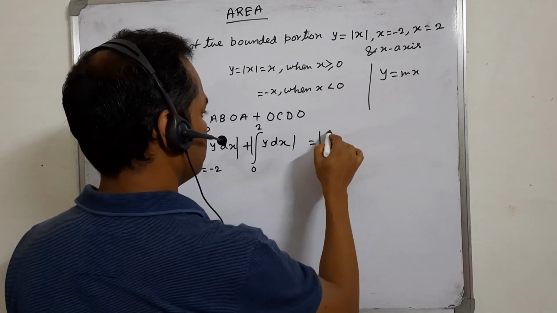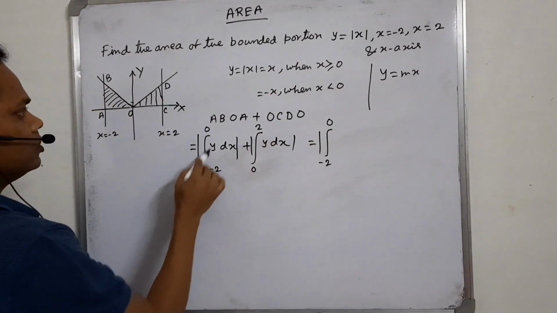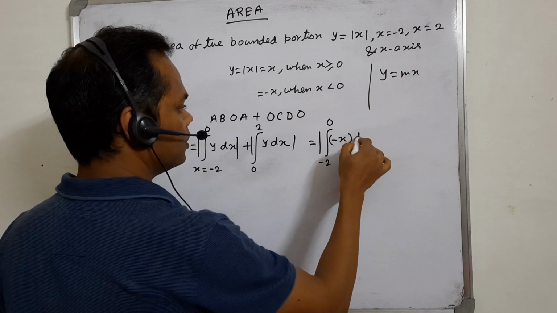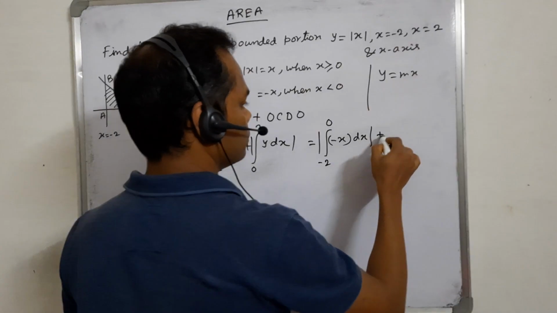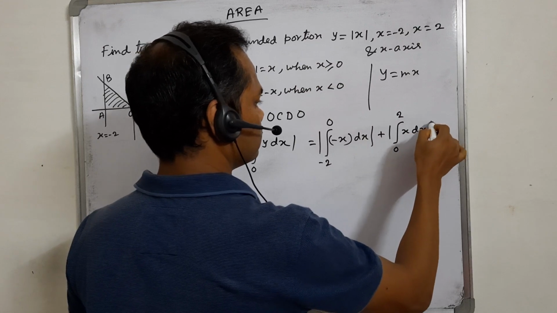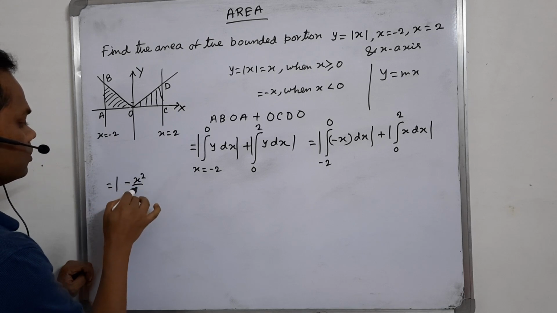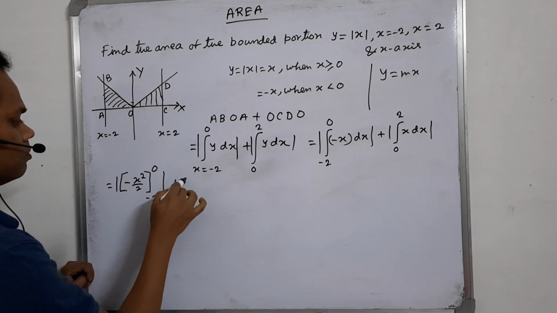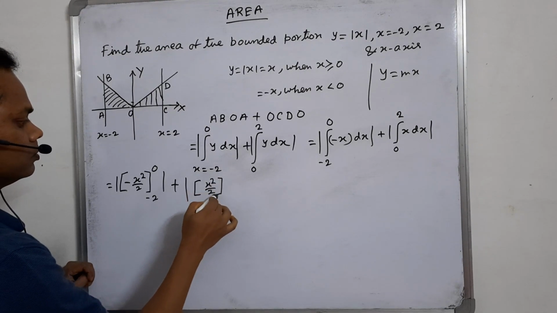So modulus of the integral from -2 to 0 of y dx, where y equals, in -2 to 0 this negative part, x less than 0, so we have to use -x dx, and this is 0 to 2, so x greater than 0, so 0 to 2 x dx. So minus x square by 2 from -2 to 0 modulus plus again x square by 2 from 0 to 2,